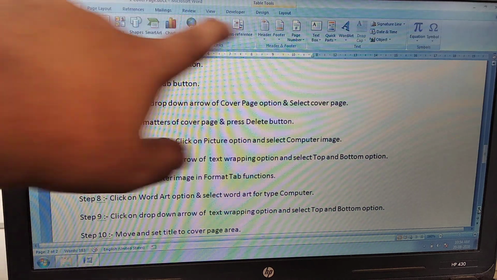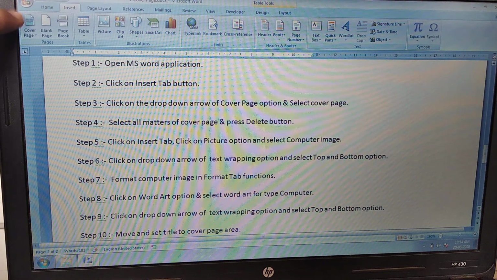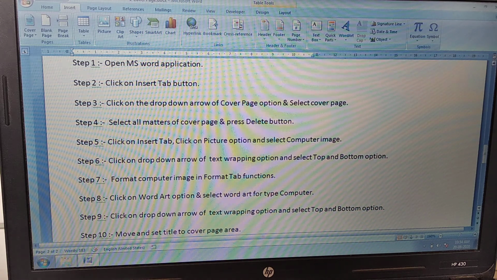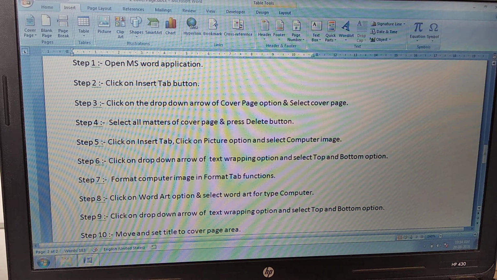Directly here there are different tabs available, but whenever you select the image, only at that time can you see the format option, and inside the format option there is step number 3. Now I have not typed here in step number 3 the drop down arrow of cover page and select cover page. This option is available in the format. Okay, then